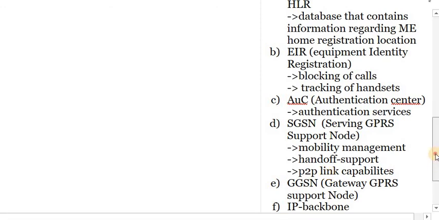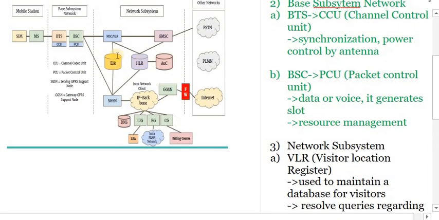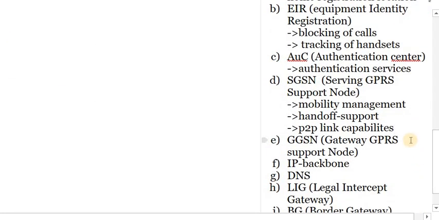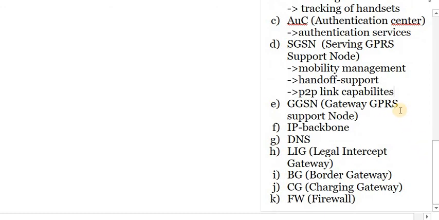And also your SGSN communicates with the EIR. SGSN keeps track of the mobile devices because SGSN is used to provide the handoff support as well as the mobility management. So any queries regarding the handoff of the mobile equipment are resolved by the EIR.